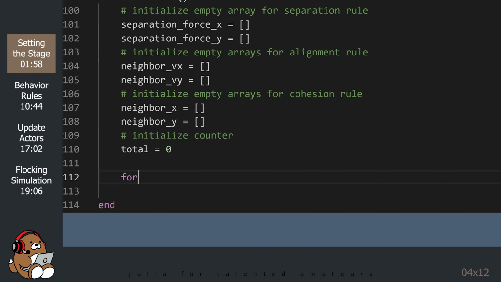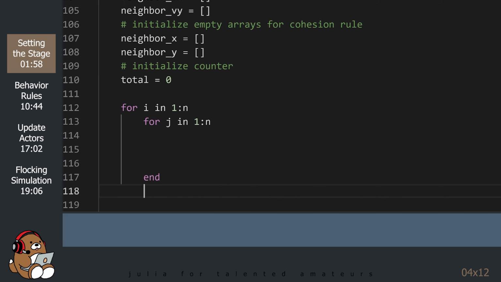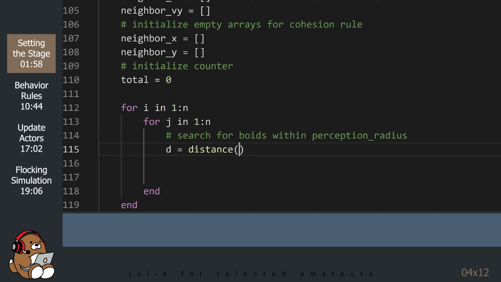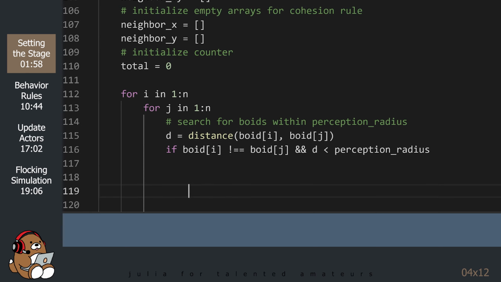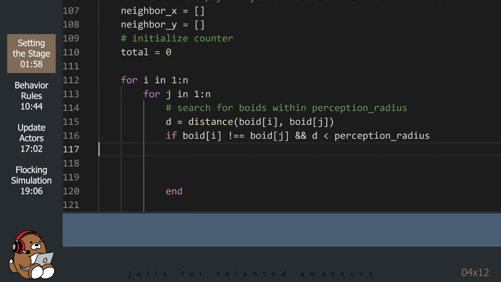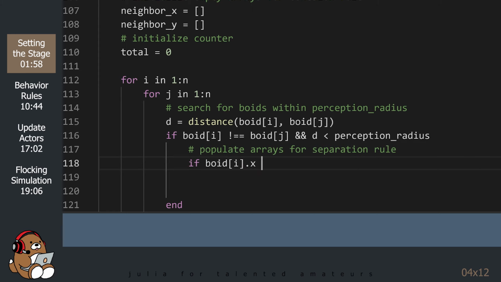Next, we create a nested for loop to compare the attributes of each boid versus the attributes of every other boid. Next, we add a conditional statement so that we only focus on the boids within the neighborhood. We start by populating the attribute arrays for the other boids inside of the neighborhood.